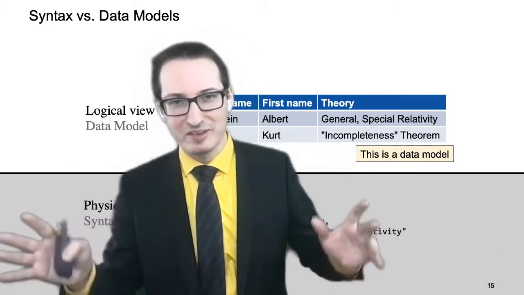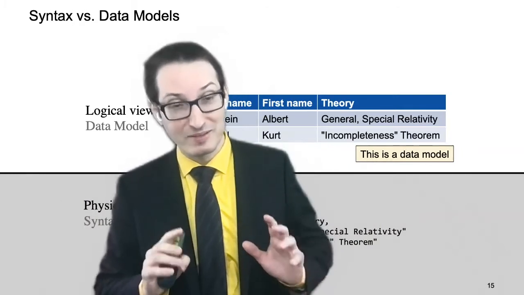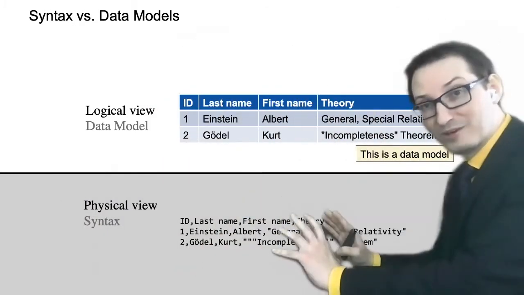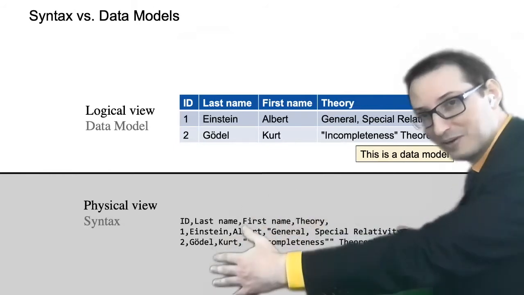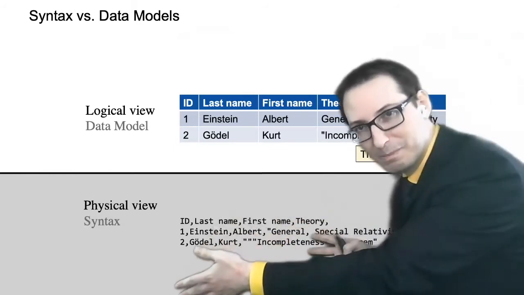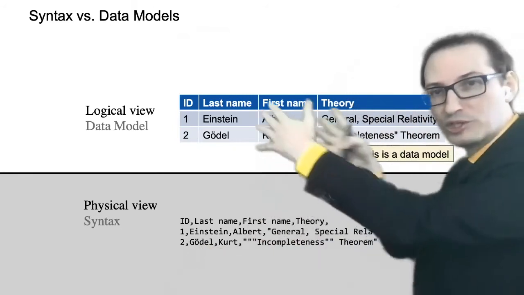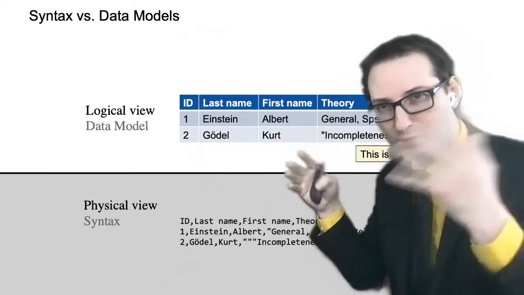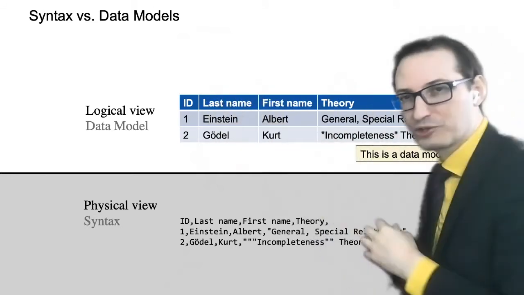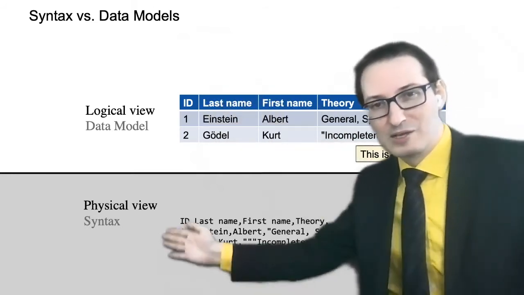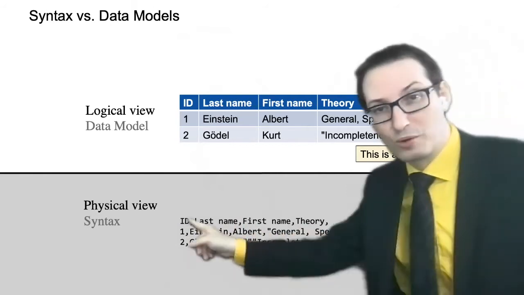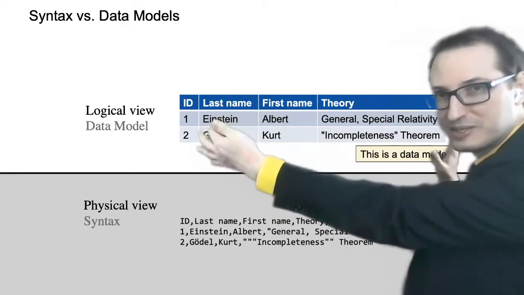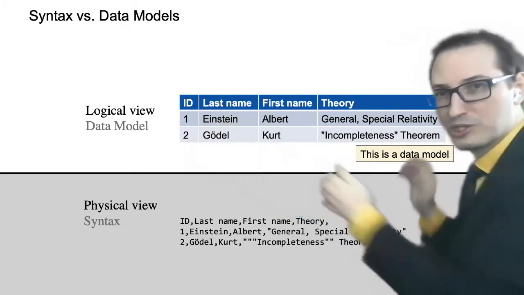I need to insist, even though I already did that a bit, on this difference between two levels. There is the syntactic level, where we have here CSV, right? And we have the logical level, where this is a human view, what we see in our brain, or the way we put it on a screen in such a way that it looks fancy. So here it's boring, it's just text, comma separated values, but of course the magical power of our brain represents it like that, giving us a logical view.